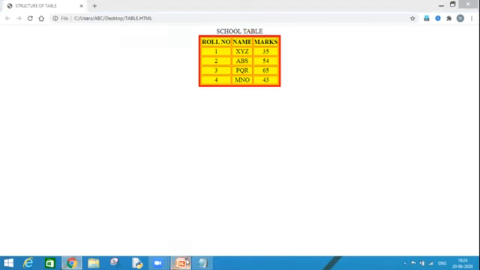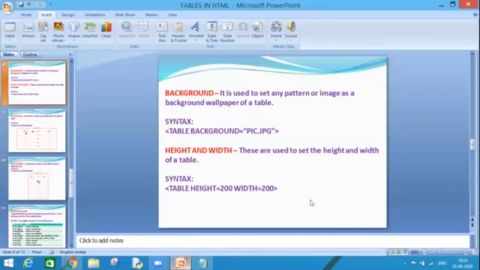How? Let's see it. Have a look. Height and width attribute. So table height and table width, I can increase or I can decrease as per my wish.